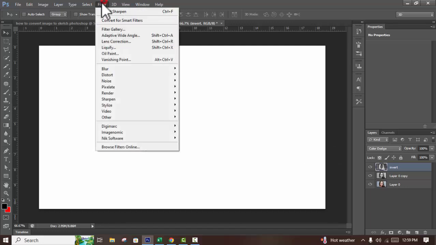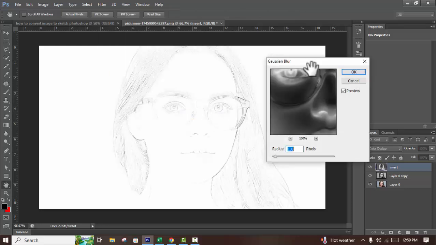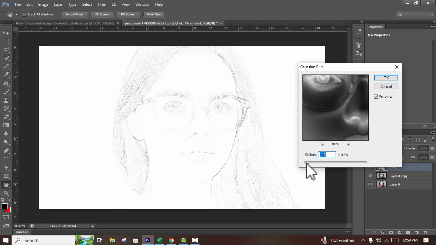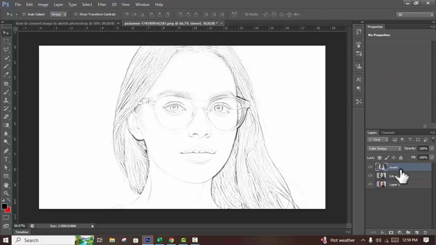go to the Filter tab, Blur, Gaussian Blur, and increase it. Use 3 pixels. And again hold Shift, select, right click, convert to smart object, again right click, rasterize layer, then